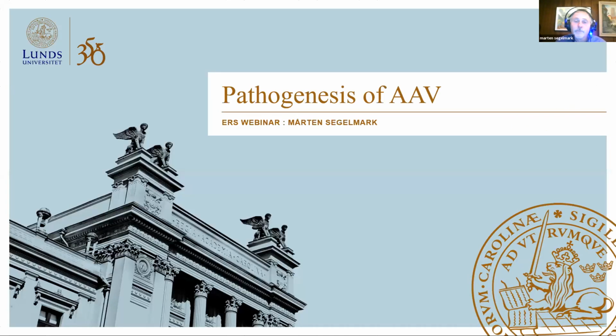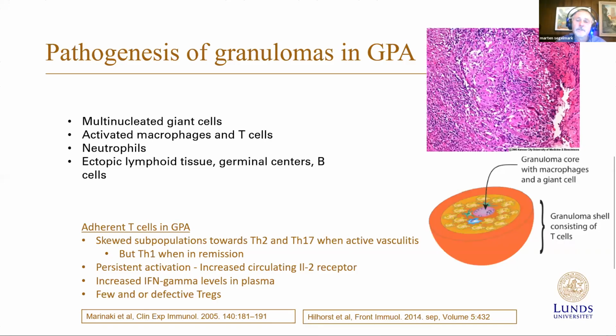So what do we know about the pathogenesis of this disease? Well, as I said before, there are two steps in the disease process. There is first the chronic phase with the granuloma formation. Granulomas by definition contain multinucleated giant cells, and they are formed under the influence of T cells. It's a mixture of T cells and macrophages that will lead to the formation of these giant cells. Actually, what they are trying to engulf in GPA is not known, but there are theories that there are maybe dead neutrophils